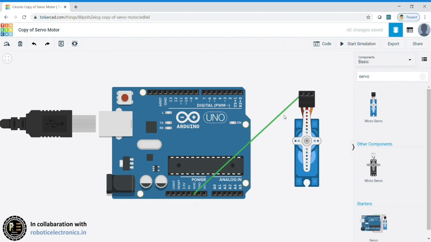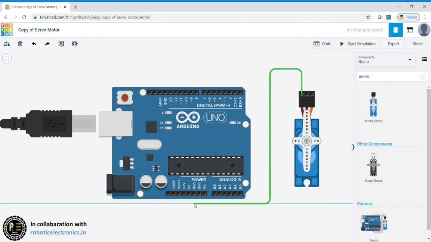You can delete this and do it like this. Take a turn: just click there and you will get the bends, so that your arrangement looks good. See how neat it is. You can see where the wire is coming from and where it is going.